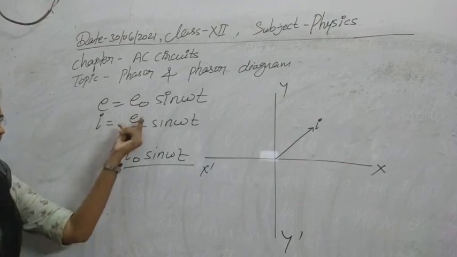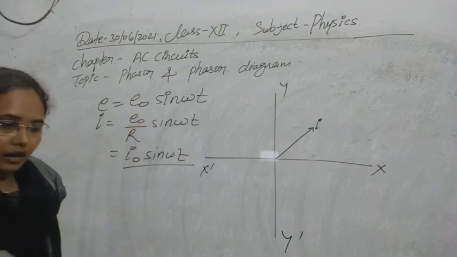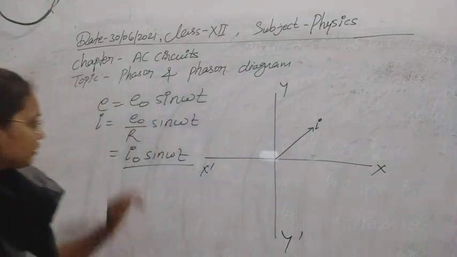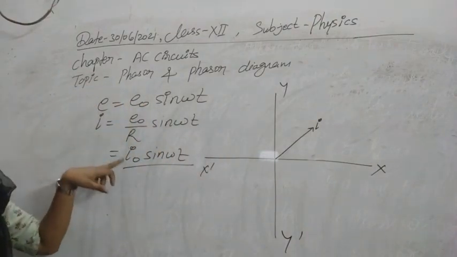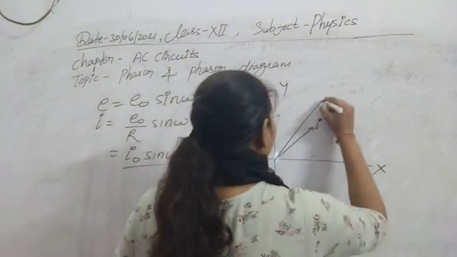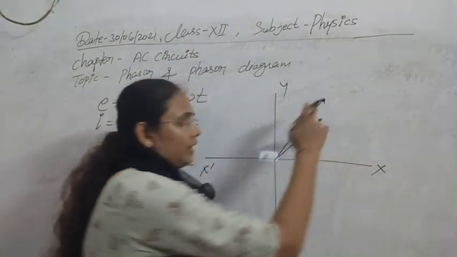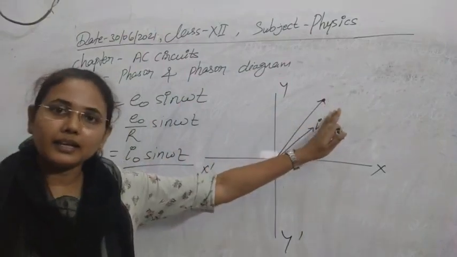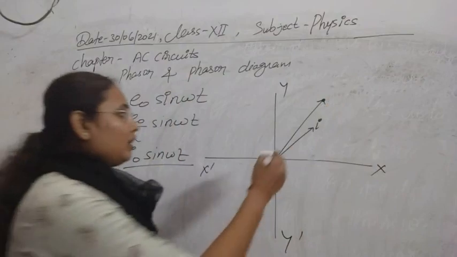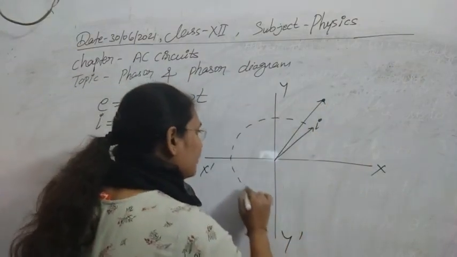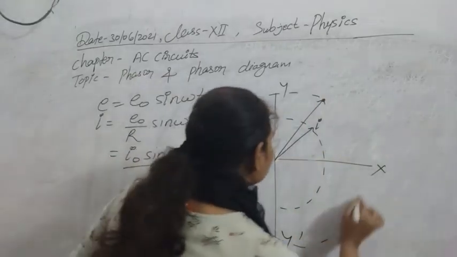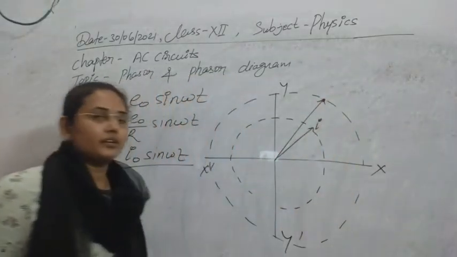So from here, one thing you can see is for which vector you have to make the arrow longer than the other one. Here, as E0 is greater than I0, we can make this one longer for the alternating voltage, and it can be shorter for the alternating current. Now it is free to rotate in this way. So this is the diagram that you are seeing finally.